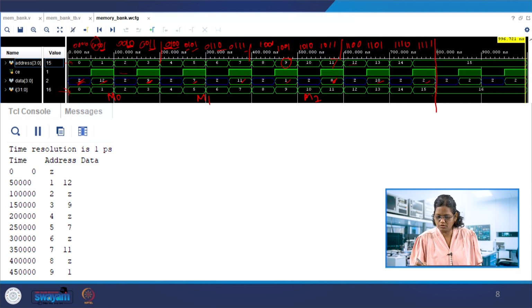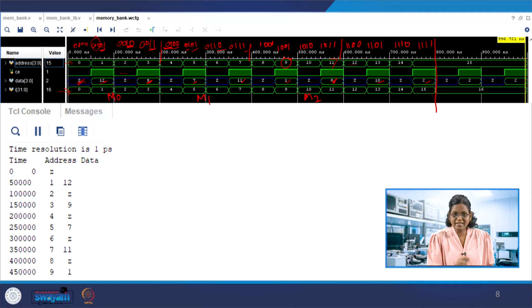So let's stop here. With that, these are retrieved: 10, 2, 8, 1 and 11, 7 are all retrieved. If you make the chip enable 1 throughout, then with every address change the data can be retrieved. These Z's can also be whatever data is stored in the first memory, and locations 1 and 3 of each memory can be retrieved as well.